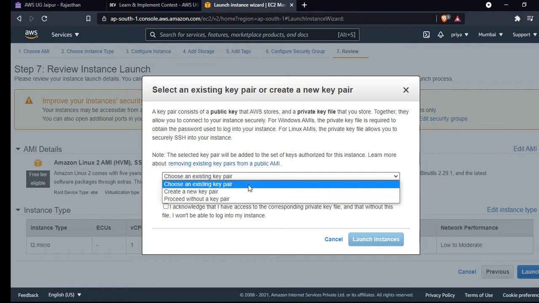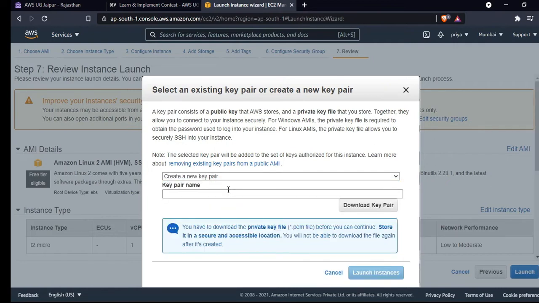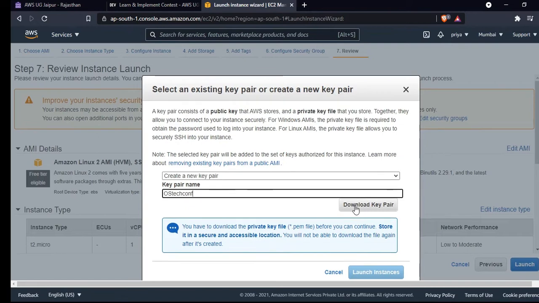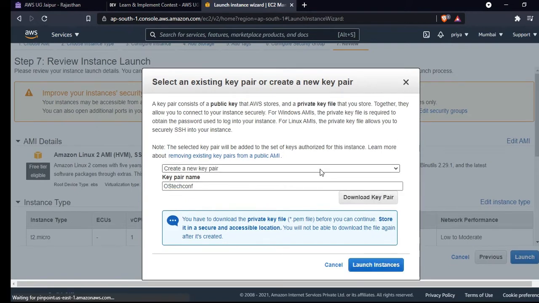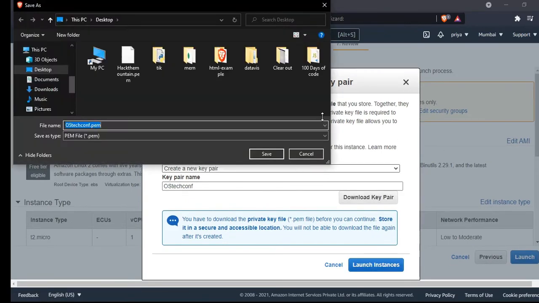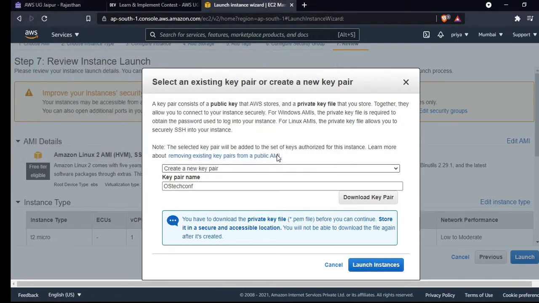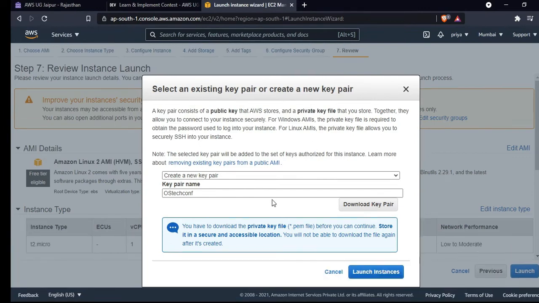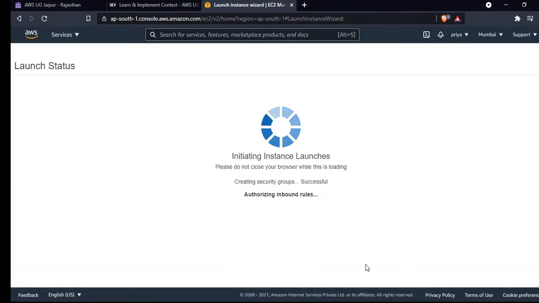So let me create a new key pair and name it OS Tech Conf and download the key pair. I'm downloading it here on the desktop. And then click on launch instance.